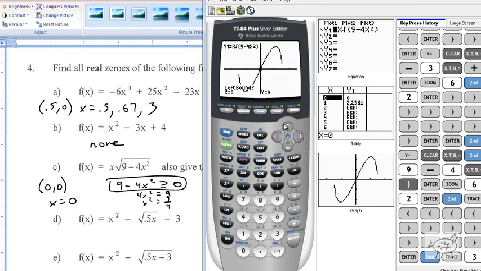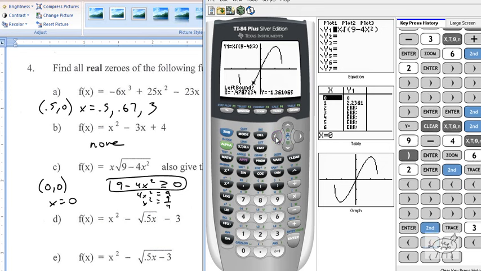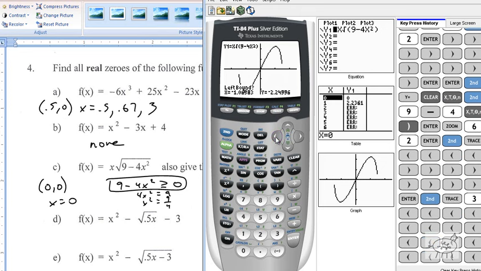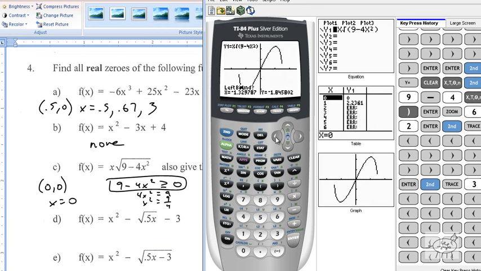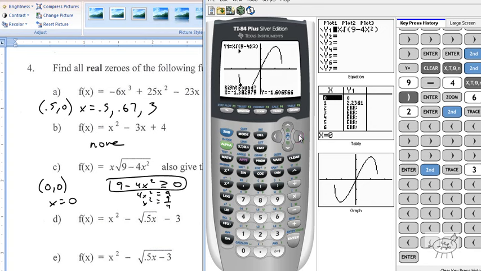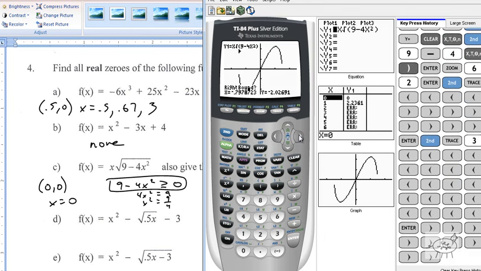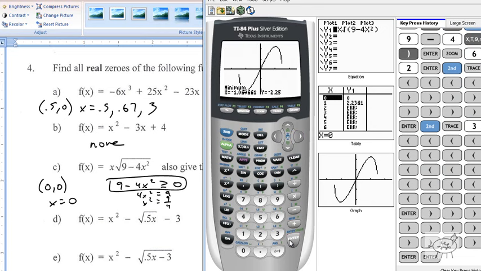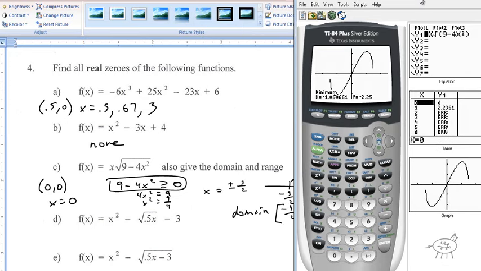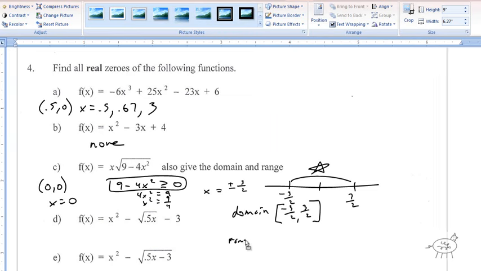Again, it's going to ask me for my left bound, so I'm going to go to the left of that. It's like a little vertex here. Hit enter, go to the right side of that, hit enter, and guess, hit enter again. So the minimum y value is negative 2.25. So let's talk about this. Move this over a little bit more. Our range is between negative 2.25,